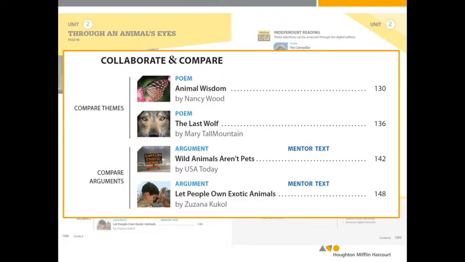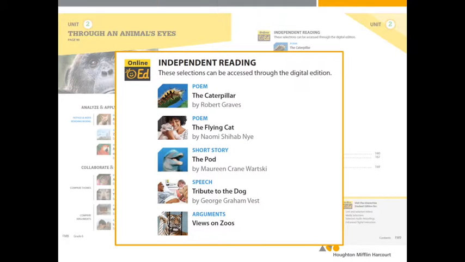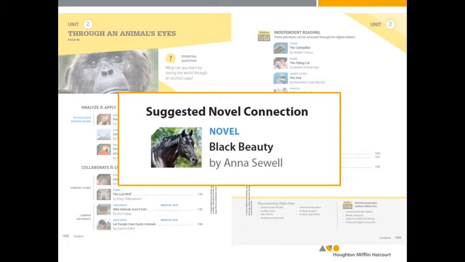As the unit moves to the Collaborate and Compare section, teachers can decide to release more responsibility to students to work collaboratively. In these groups, students will work together to analyze and compare text within and across genres. Also, note that mentor texts are included within every unit. In the Independent Reading section, students decide on the text they want to read in connection to the unit and their personal interest. There is also a suggested novel in each unit that students may find in their classroom library